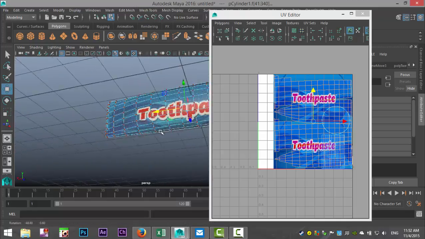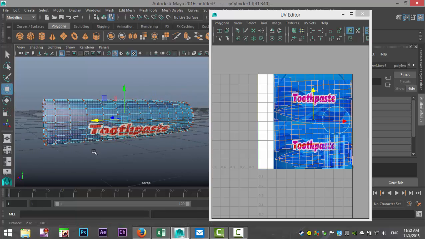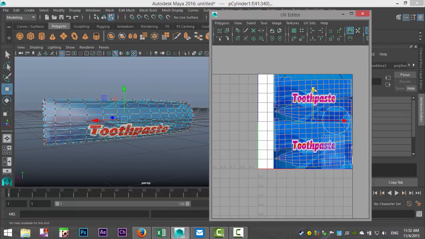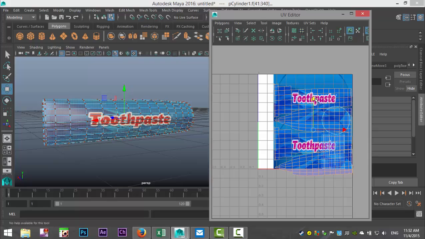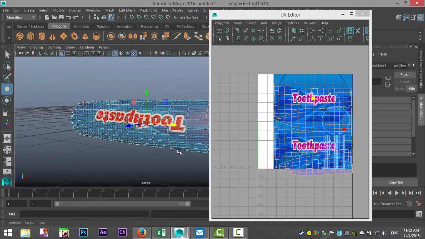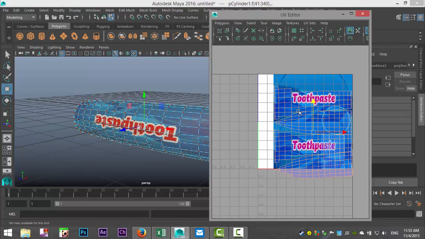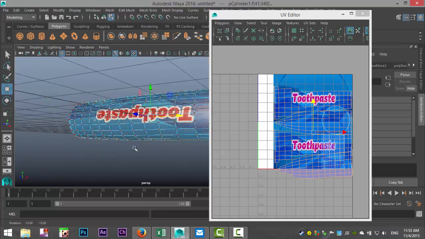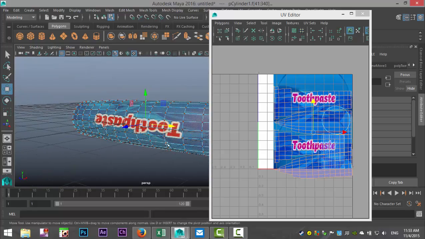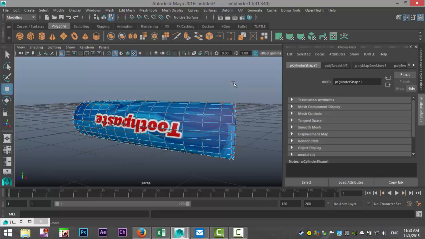Let's see what we got here. We're getting closer, but we're not quite there yet. Let's see. Let's minimize that. Let's see what we got.